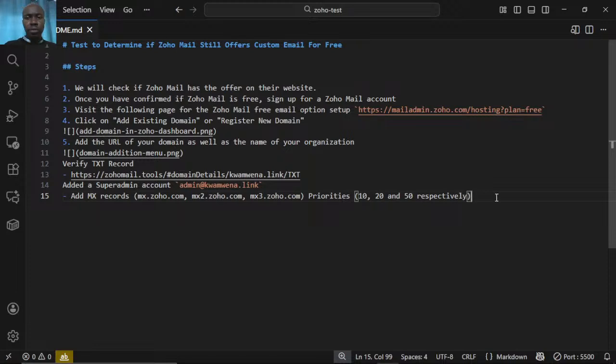Okay, what else did we do? We had to add, besides the MX records, the SPF record. Okay, so we added the record and the settings, then we add the DKIM record. So if I remember correctly, we had this one, we used a merged